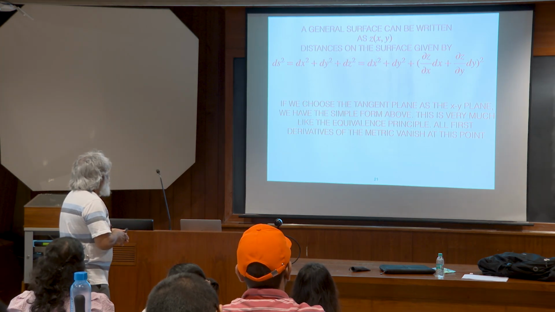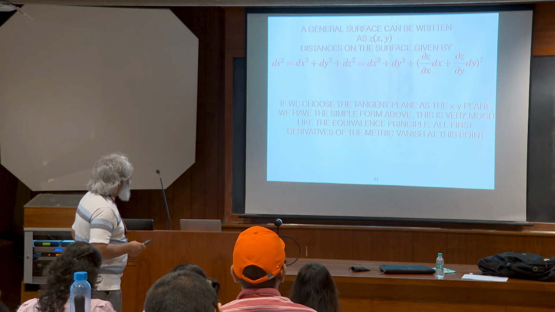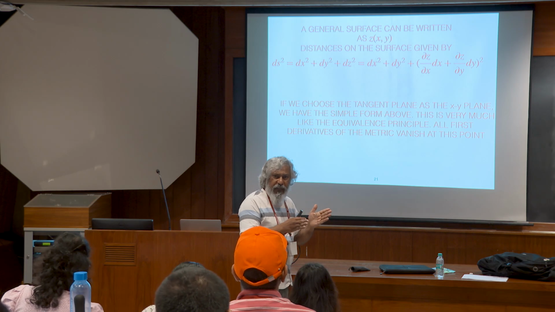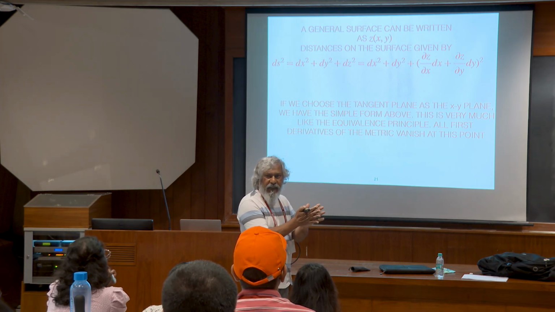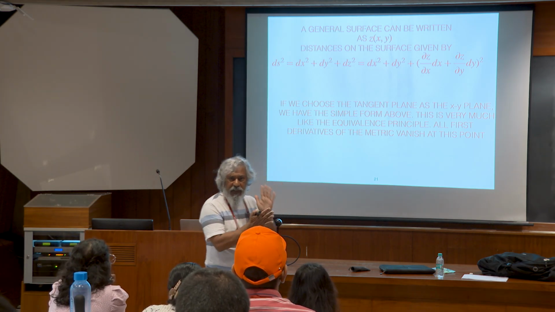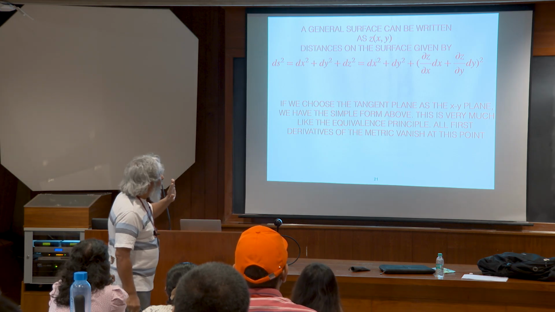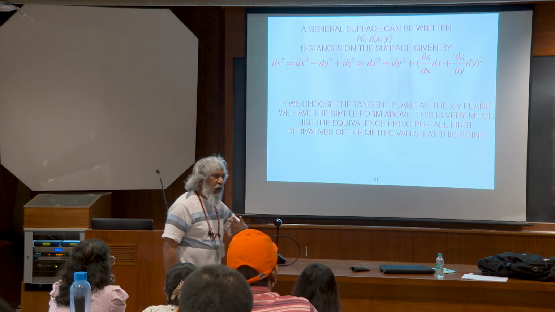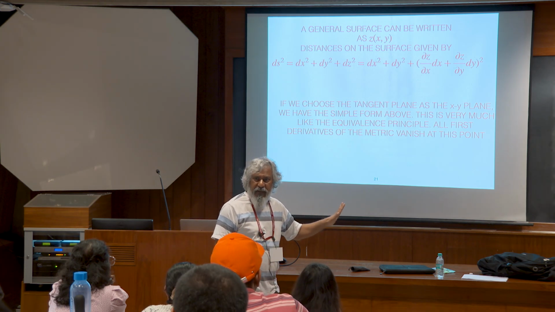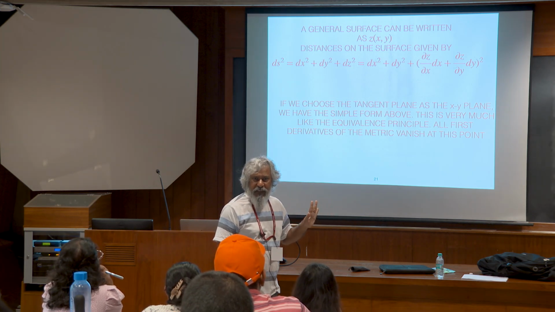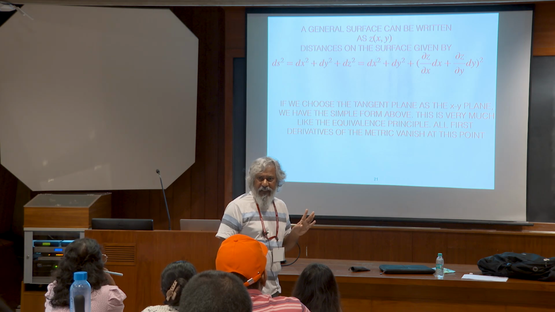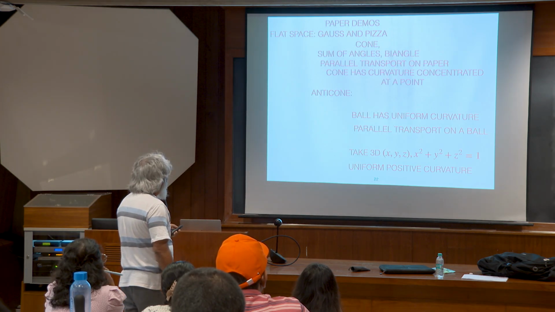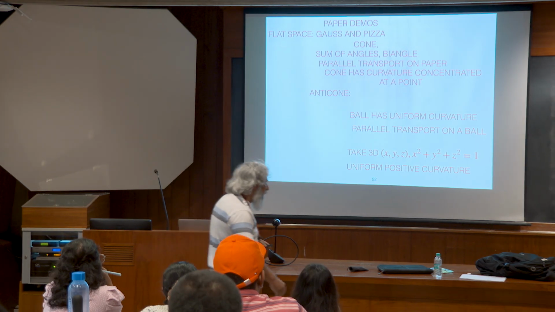Okay. And this is very much like the equivalence principle. Because what you're doing when you're approximating a flat space by a tangent space is restricting attention to only the first derivatives. Similarly, in an arbitrary gravitational field, when you go to the local inertial frame, you're forgetting about the second derivatives of the metric and just looking at the first derivatives. And those can be made to vanish by appropriately falling. Now I'm going to show you some paper demos.